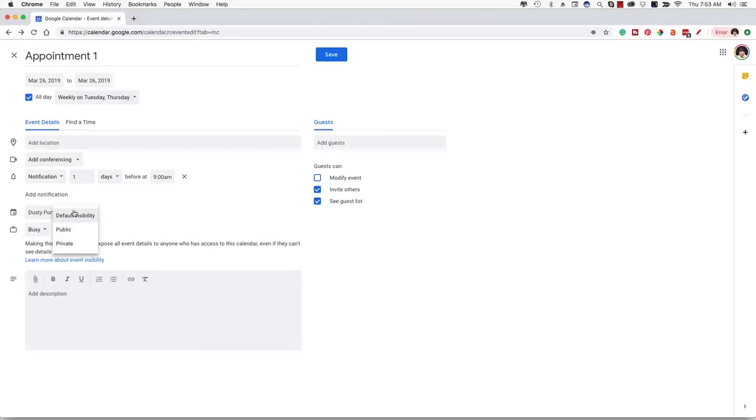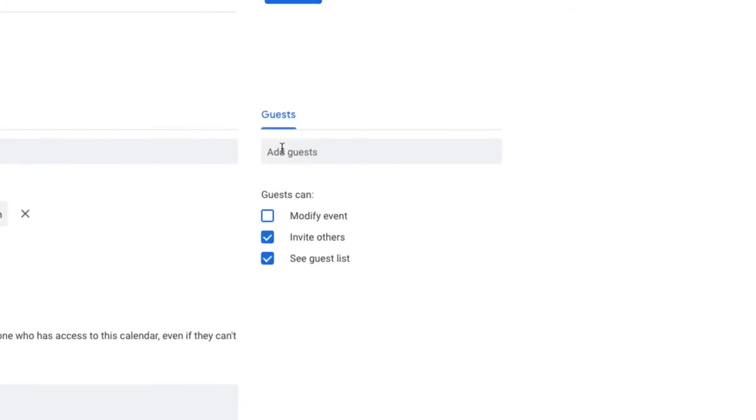Now, the default is public, but if you want that to be private, you can change that here as well. Under description, write down whatever you want to put here, describe the event or appointment that you're setting up. And then the last thing I'm going to show you, probably the biggest thing here on events, is going to be guests. So if you want to include or invite people so they can have this on their calendar,